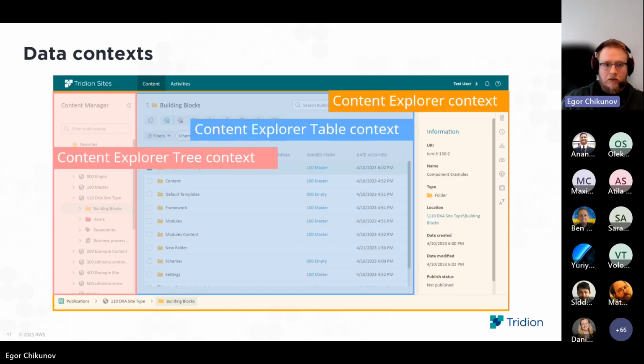This is a demonstration of how contexts are nested into each other. And so in a Context Explorer table context, you're going to have access to all the data and functionality that is provided by Context Explorer context and so on, which also allows us to define those data contexts independently from endpoints. By endpoints, I mean extension points,